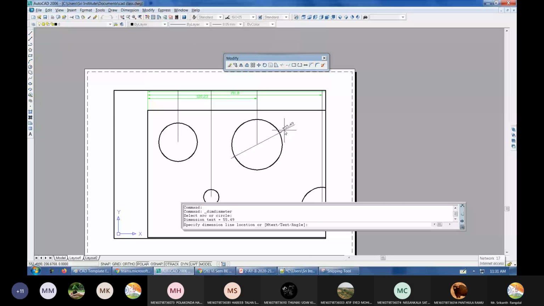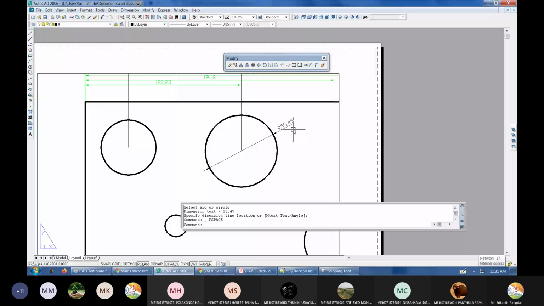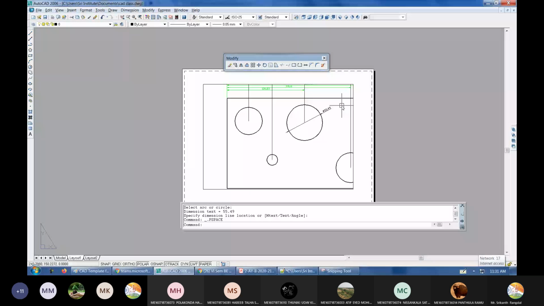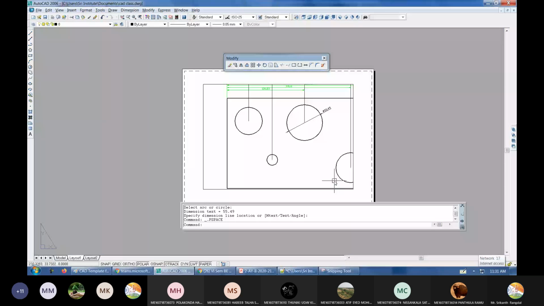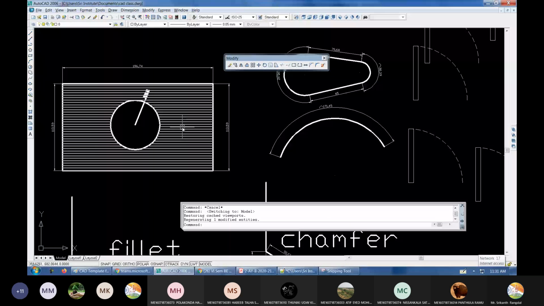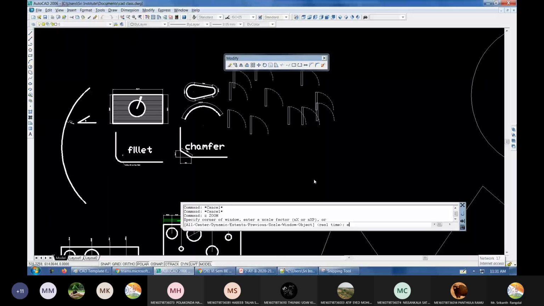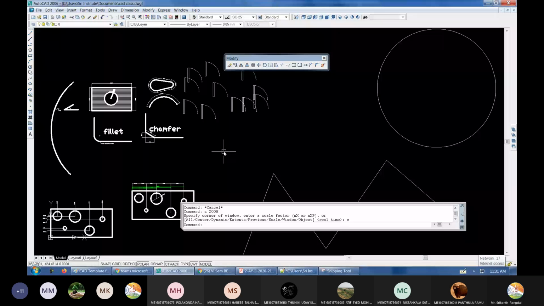So when you take the printout, and measure the diameter on the printed diagram, that will also measure 55.49. So this is the use of the scale option in the zoom command. You must have used this command when you were setting up your diagram on the sheet, when you did the MDM lab, if I'm not wrong.